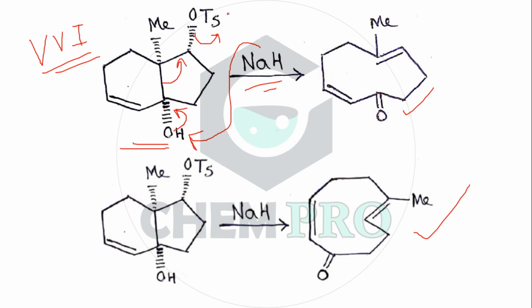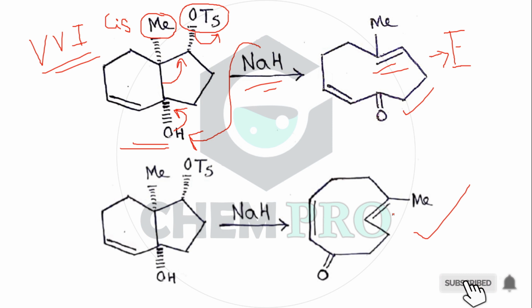So here the X, the leaving group, and the ring junction group are cis to each other, so the alkene in the product should be an E alkene. So if we take this product, then it is an E alkene, and if we take this product, then it is also an E